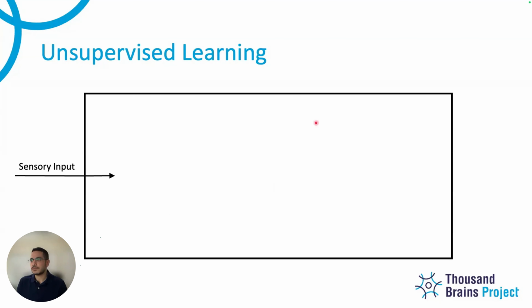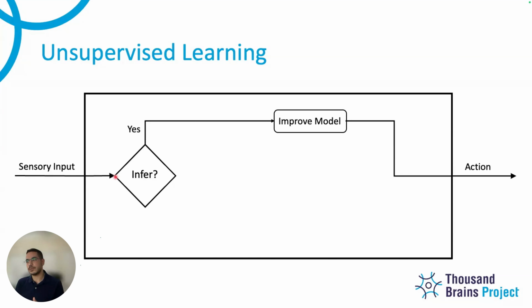So this is a regular step in Monty. We get some sensory inputs. And what we do in unsupervised learning is we try to infer the object. This is assumed to be in the matching phase. We still haven't inferred the object. We try to infer it. If we're able to infer it, then we try to improve the model by going into the exploration phase. And still, the output will always be just an action, to continue the sensorimotor loop. But we are improving the model that we have already inferred. So we're not creating any new models. We're just adding to the model that we inferred.